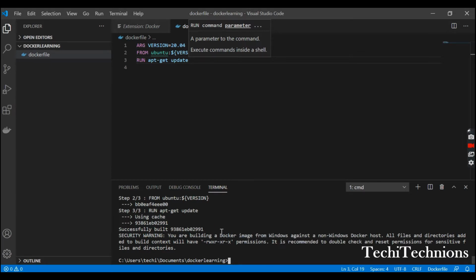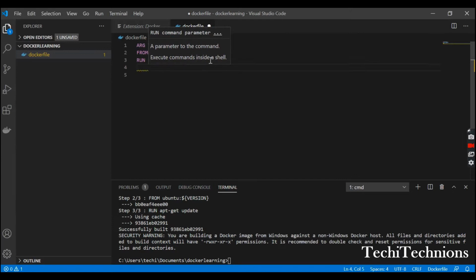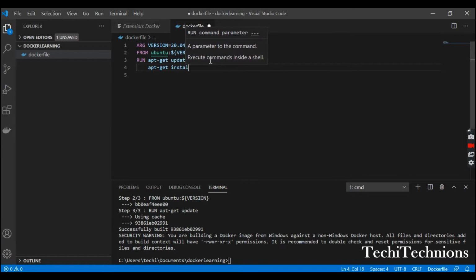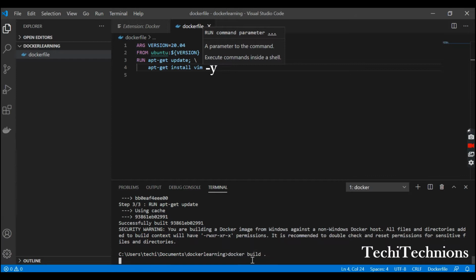But in your system you may see a number of steps when we give it in the Linux container. Now I want, instead of writing RUN again for the same type of thing, to continue this command. So I will write apt-get install anything, all the commands similarly as you gave in a Linux system. I want to install the Vim editor, so I will save this and just run this one.